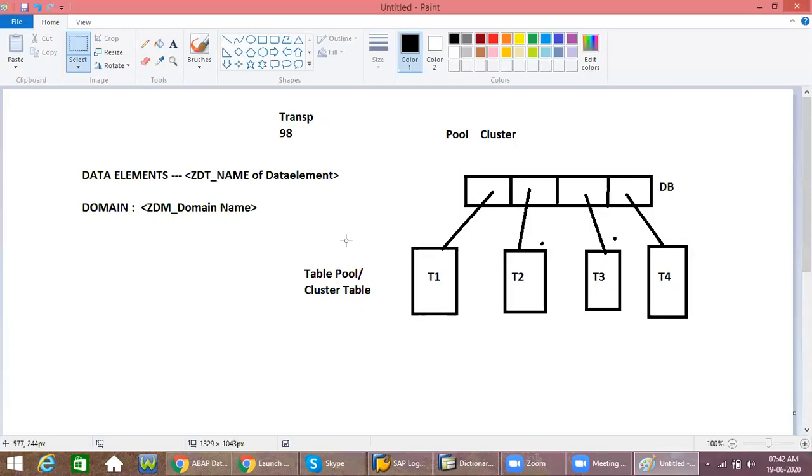Tables are assigned to a table pool or cluster. Table pool or table cluster are referred to as pool and cluster tables.